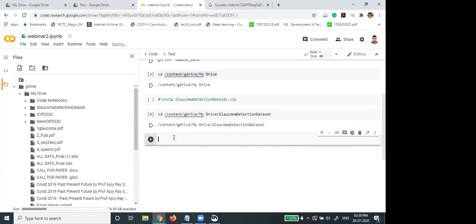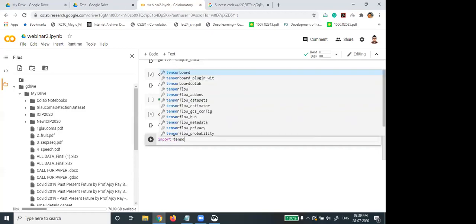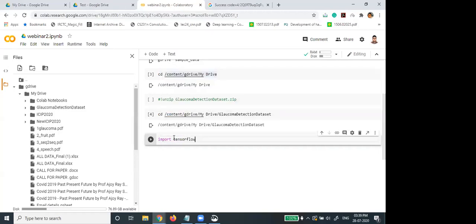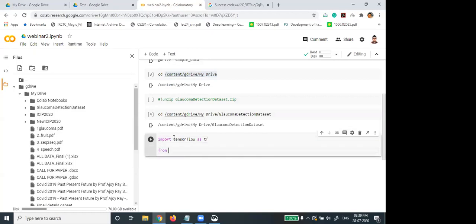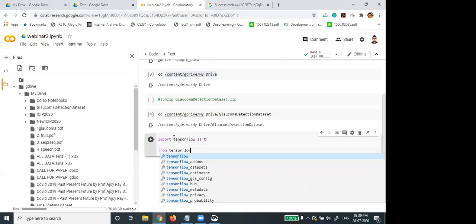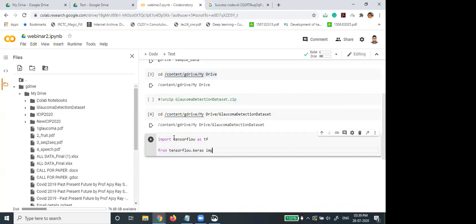Now we have to import TensorFlow. So last day's command, import TensorFlow as tf. A few more things we also import from TensorFlow. We'll import some packages. From tensorflow.keras import models.